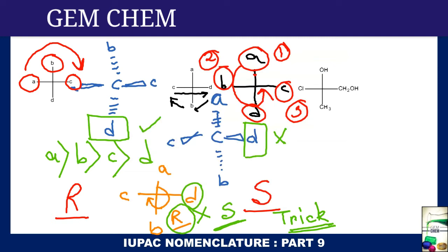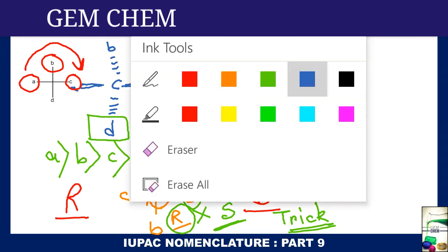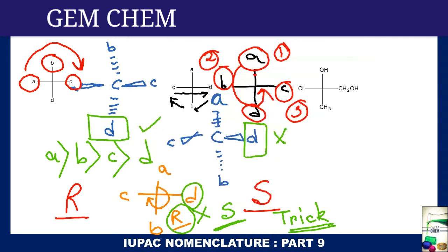Now if we go to the next example, what can we see? There are 4 substituents, right? So what are the substituents? See, this one is OH, Cl, CH3, CH2OH. First atoms are being considered. So here O, here Cl, here CH3, and here CH2OH. Remember that Cl has the highest atomic number, so we will mark it as A. Then the second one is oxygen, B. And the third one is C.